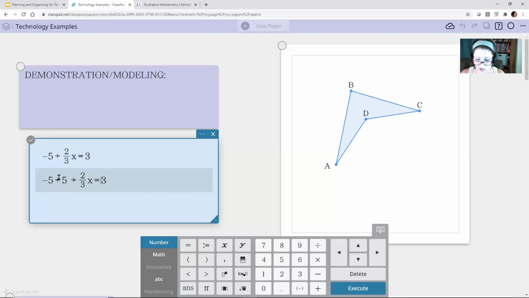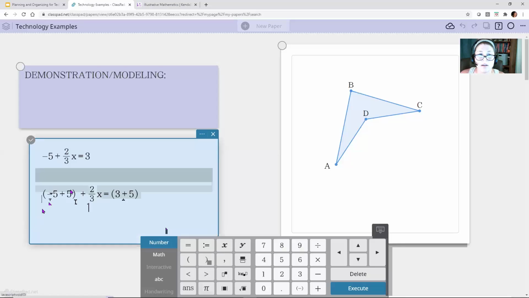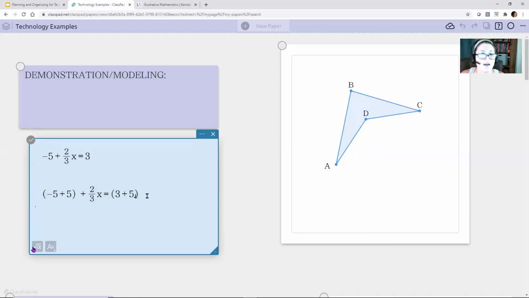But to show this idea of adding the same thing to both sides, right, equivalent, and now I'm going to show them also that this is modeling the associative property, right? So I added the same thing to both sides, but I can group these together because I know that when I group these additive inverses, what do I end up with? I end up with, whoops, that's in the wrong place. Sorry about that. I end up with